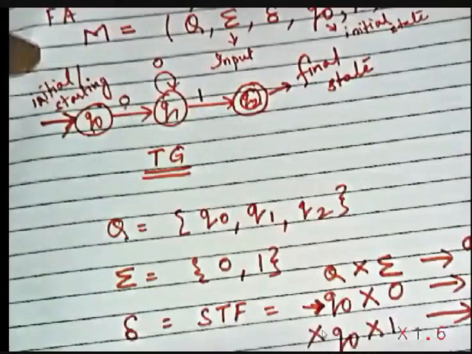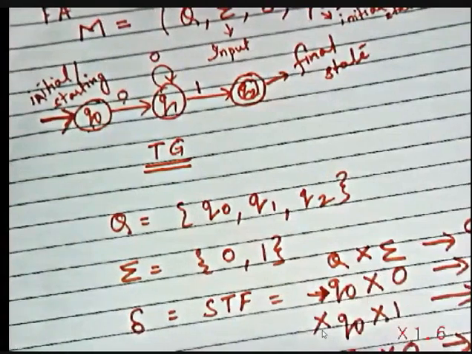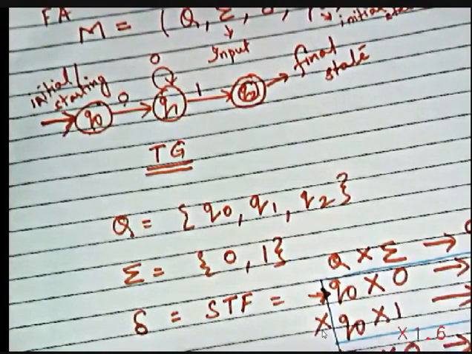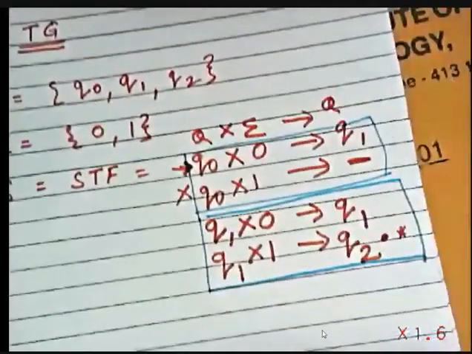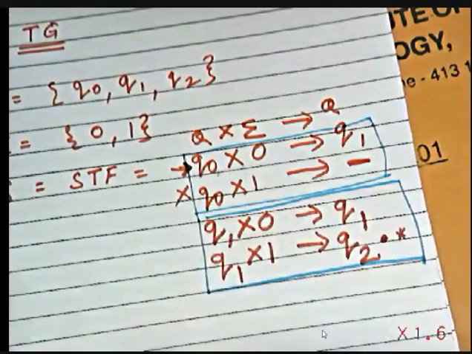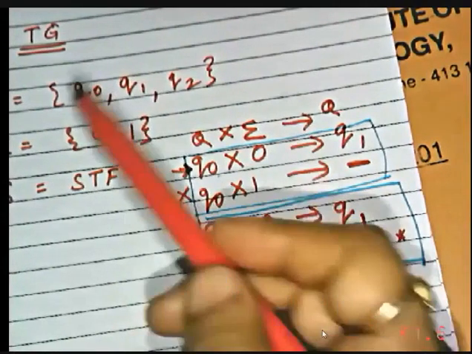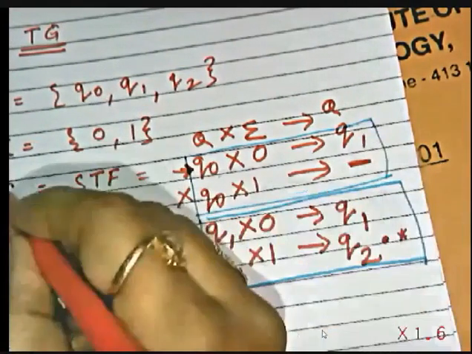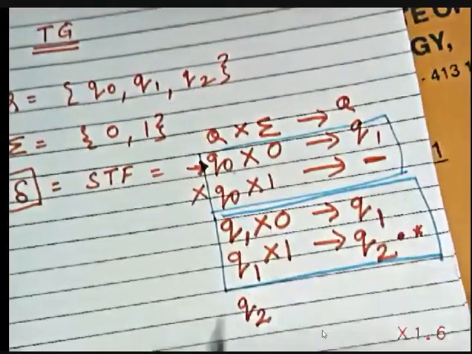Okay. Next, the turn of Q0 and Q1 state is over. Is it clear? Now I need to find out about the Q2 state. So I have told you just now, we have to consider combination of each state with every alphabet, and only then will we be able to find out this delta function. So here Q2 on 0.